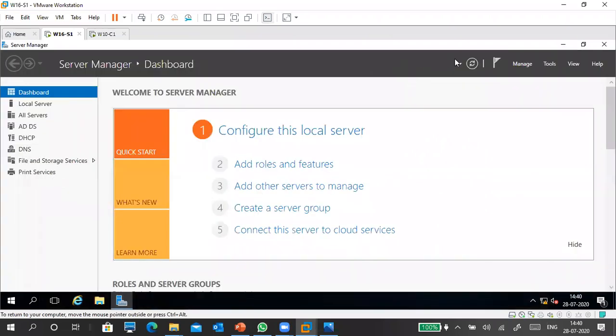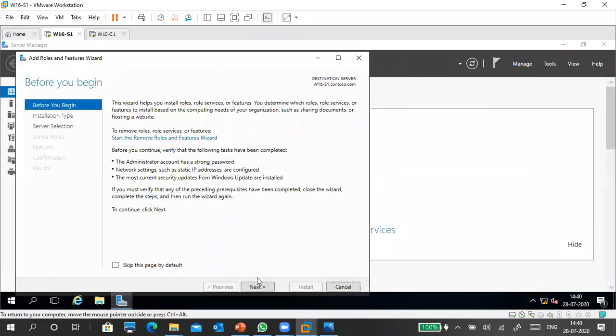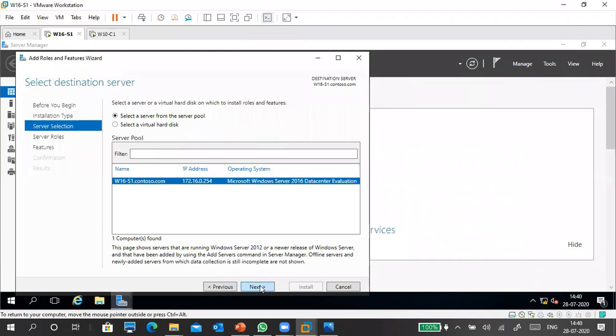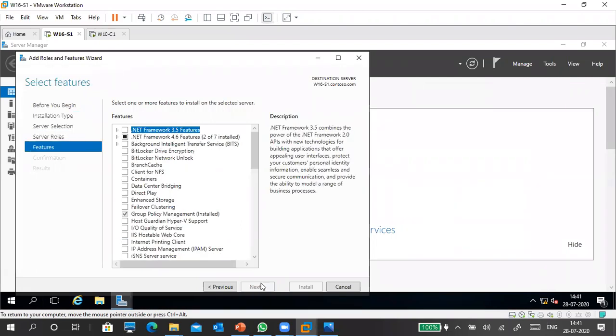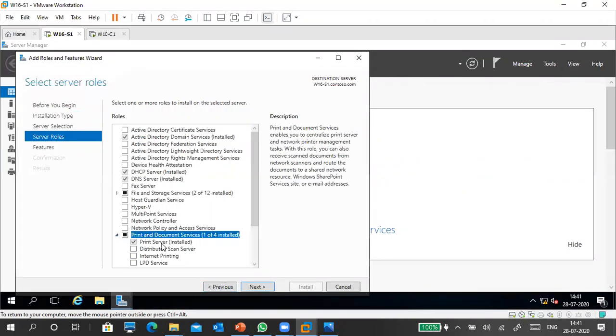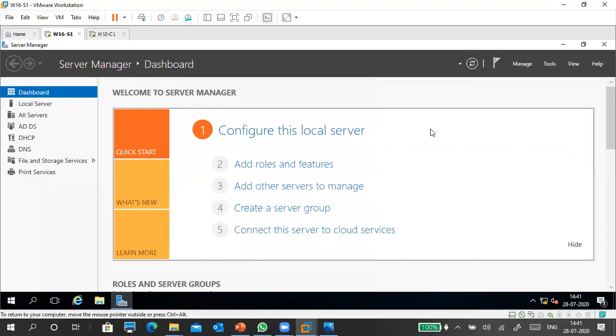Here the thing is, I already installed a print server, right? So how did we install it? We went to Server Manager, Manage. Then I checked the Print and Document Services and added features. Then that's it, right? So next I click here. Finally I install that one. So Print and Documents, next, Print Server, next, finish, install. Okay, it got installed.